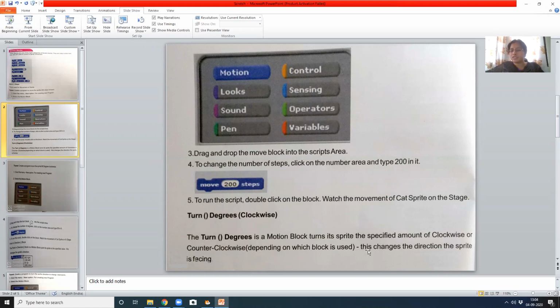Depending on which block is used, this changes the direction the sprite is facing. Wherever the sprite is facing, it will turn around. How many degrees? 5 degrees, 6, 7, 10, 30 degrees. I suppose in your maths you will read about degrees, right?